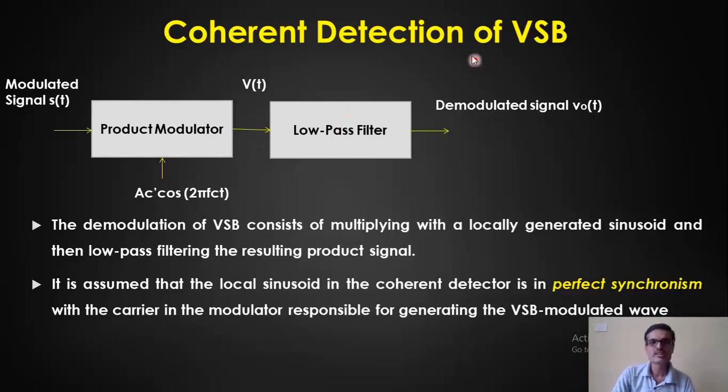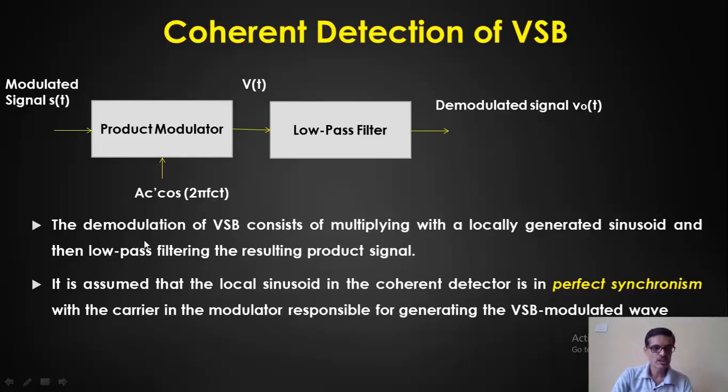I'm using coherent detection of the vestigial sideband modulation. That is, demodulation is done by using coherent demodulation. So I have a local carrier generated by the local oscillator, which has the same frequency and phase all the time compared to the frequency and phase of the transmitter carrier. We have to maintain synchronization, or a coherence relationship, between the frequency and the phase of the two signals.